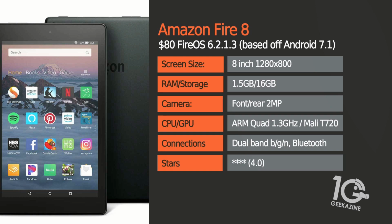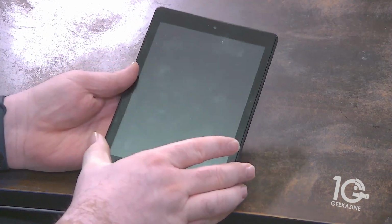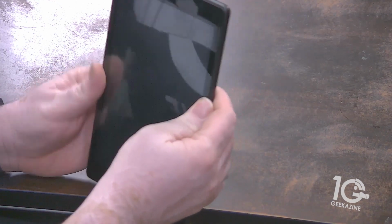Front and rear cameras at 2 megapixel, both of them are. CPU is an ARM Quad 1.3 gigahertz, and the GPU is a Mali T720, just like with the Lenovo. It does have dual band BGN Wi-Fi and Bluetooth, and gets about 4 stars on Amazon. Let's take a look at the tablet right here. So this is it once again. It's got a little bit glossier screen, just like with the Lenovo, but it's really nice to hold in the